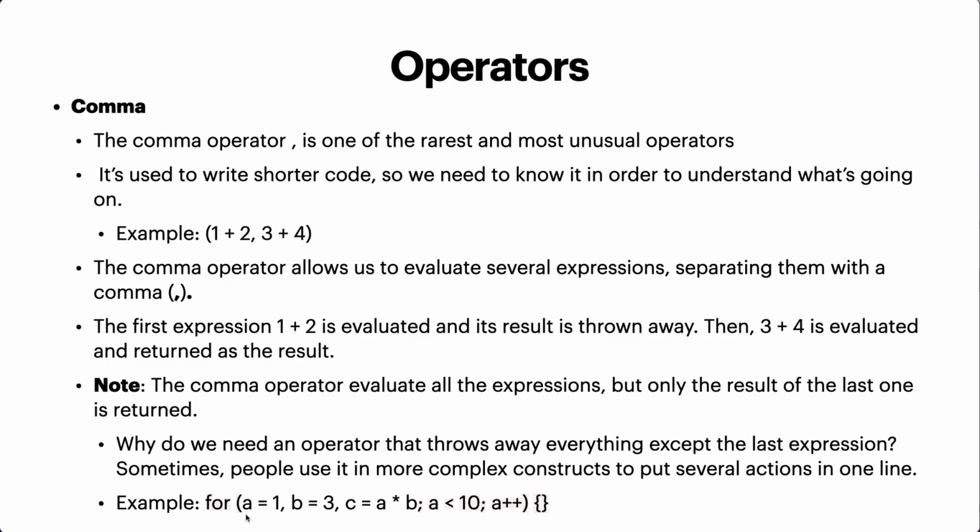In an example you can see, we are assigning 1 to a variable a and 3 to a variable b, and we are doing this operation as well as this operation. This is a for loop. We'll be talking about this in more detail in the upcoming lectures, but for now, a equals 1, b equals 3, and 2 will be thrown away. This will be evaluated but thrown away. We won't get any result from this, and the result of c will be returned, since this is the last